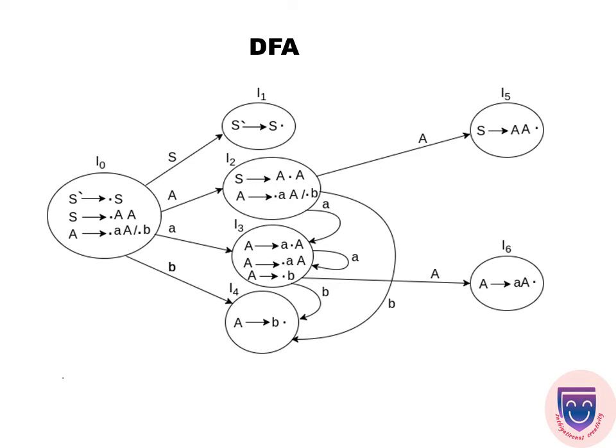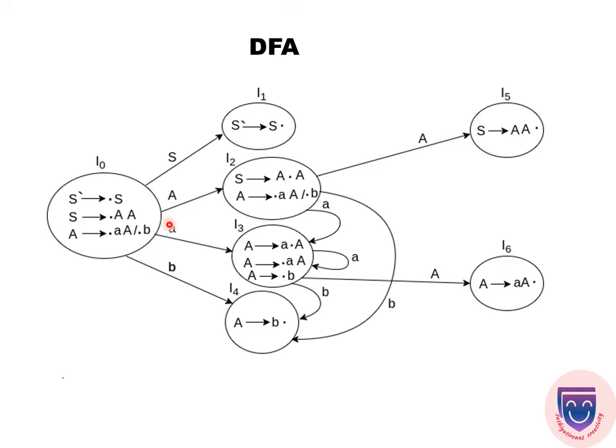Now in LR parsing, we have added the augmented production to the given grammar and also created the canonical collection of LR(0) items. The next step in LR parsing is drawing the DFA. This is nothing but the pictorial representation of LR(0) items. Here in state I0, these are all the productions for state I0, and we are making the transition on S in I0, we get I1, and we are making a transition on A in I0, we get the I2 state.